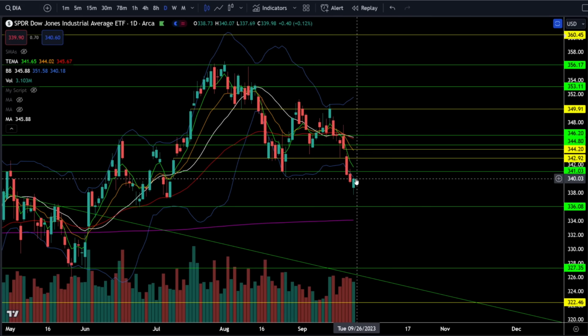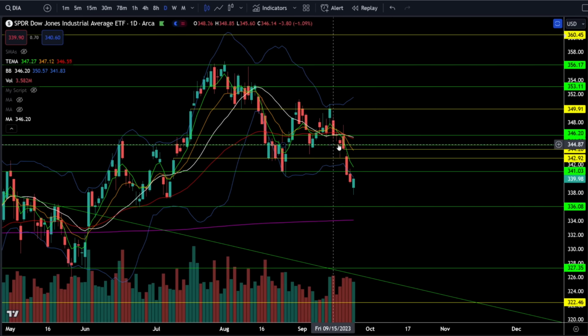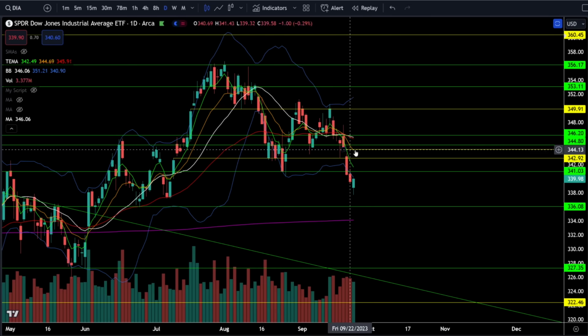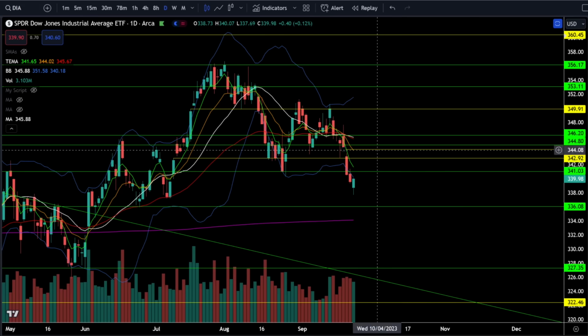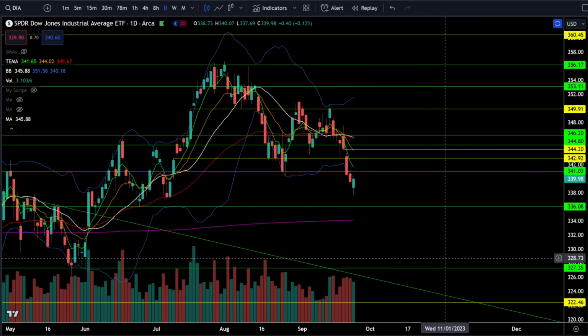So I do think there's a good chance we are going to bounce from here and fill the gap above right around 344, and the critical resistance is still that neckline breakdown at 345. So once that gap fills, it is going to be very critical resistance in the Dow, and if we reject from there, we will be looking for a trip down towards 336, and if we can't hold that, this is going to look like a bear trend that's picking up momentum,